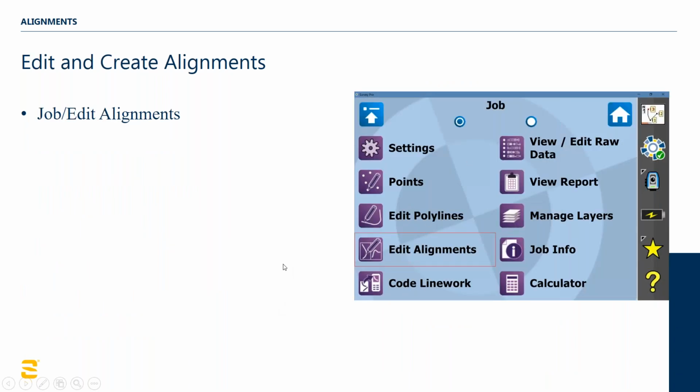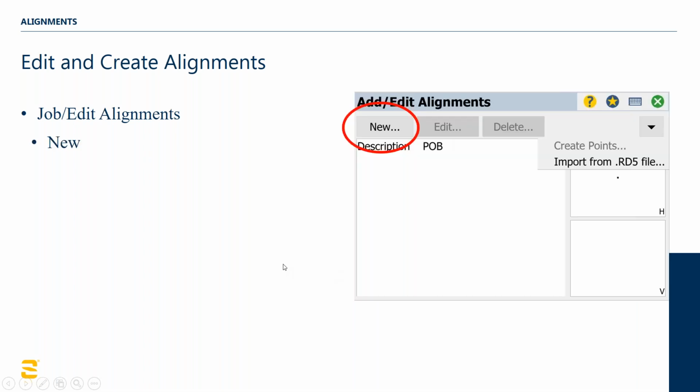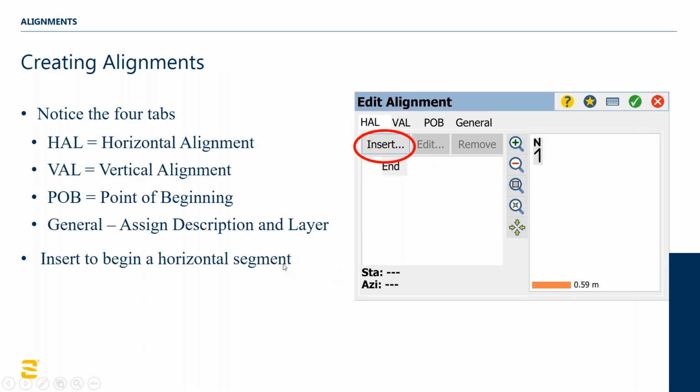So here, job edit alignments will create an alignment. Hit new. And you can see up here at the top, we have horizontal alignments, vertical alignment, the point of beginning. It's an old American survey term, point of beginning. And then the general properties, which I showed you these 4 tabs earlier. And we'll hit the insert button to insert a horizontal